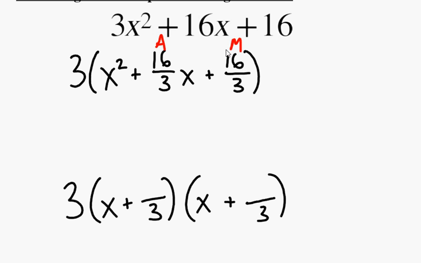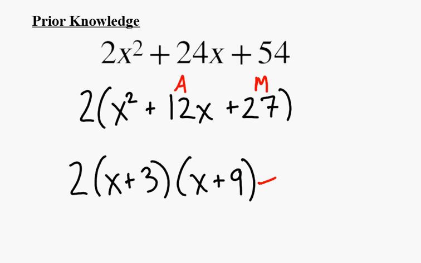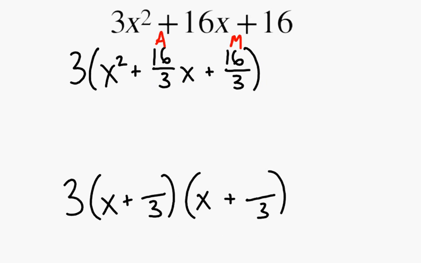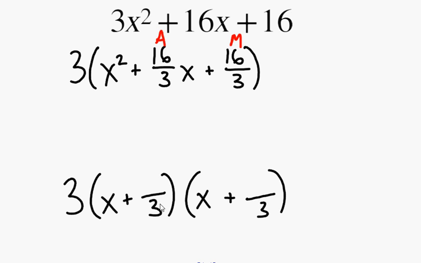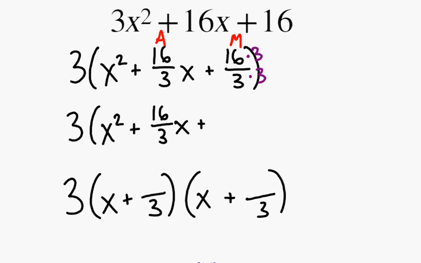I don't quite know, but I do know that they have to multiply to be 16 thirds, and this is where we pause and talk about how, once I get my answer, I check that it's right. Well, I would multiply it back through, and I would see I get the original result. If I start to multiply this one back through, I would at some point be multiplying thirds and thirds to get my last term. But thirds and thirds make ninths, and this last term is not in terms of ninths, so I really need to rescale it if I'm going to be able to find the factors. So this is going to be x squared plus 16 thirds x plus, multiplying this by 3 and this by 3 to make my ninths,